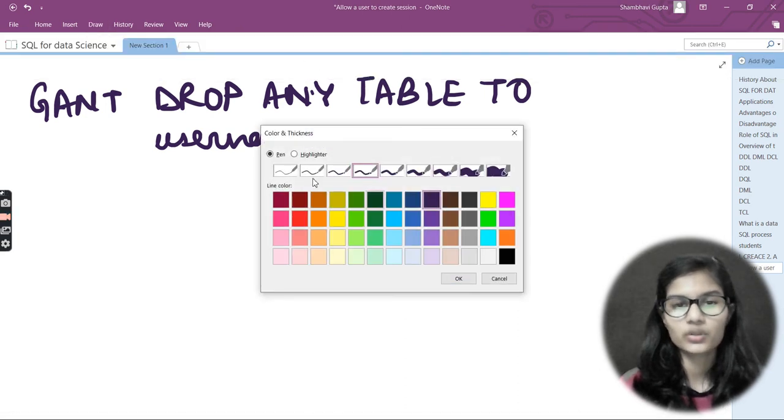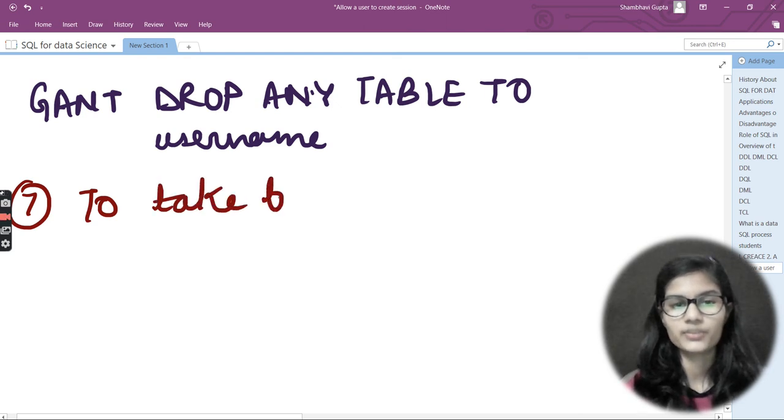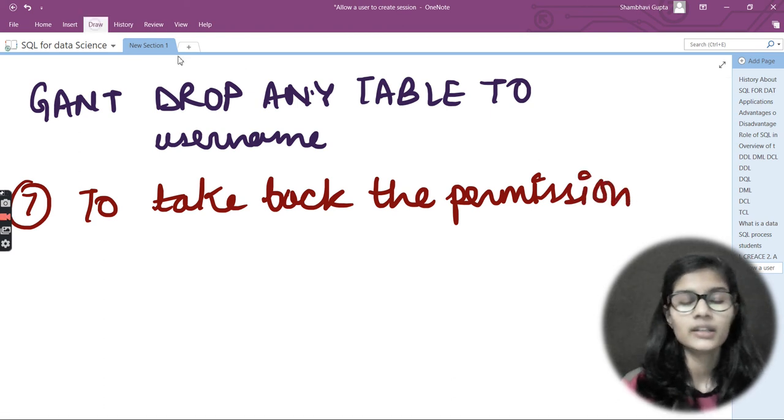So what does that revoke do? It basically helps us take back the permissions, right? Number 7 is for revoke. So this command is to take back the permissions. Whenever we want to take back the permissions, we simply use the revoke function.